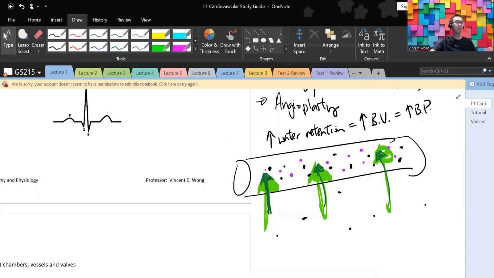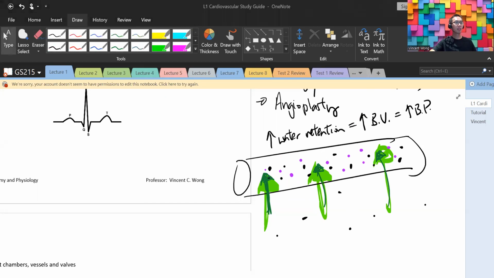Okay. So you mean water retention, like the fluid goes inside the vessel, right? Yeah, exactly. And then it stays there, right? Yes. Yeah. So actually, on a different note,